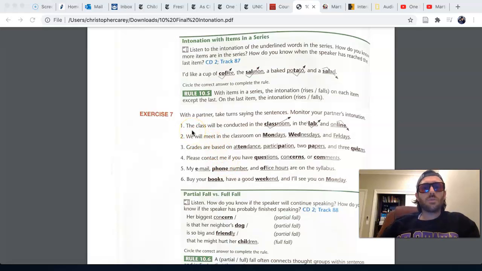The class will be conducted in the classroom, in the lab, and online. The class will be conducted in the classroom, in the lab, and online. We will meet in the classroom on Mondays, Wednesdays, and Fridays. We will meet in the classroom on Mondays,